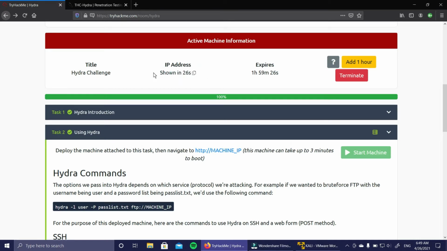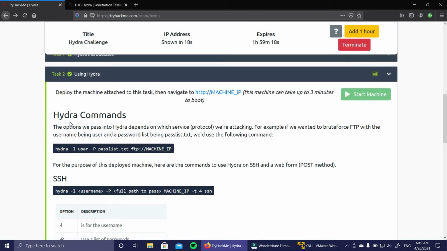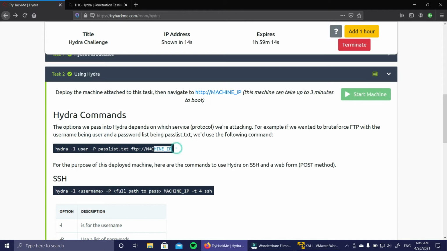The IP will be shown in 27 seconds. We'll wait for some time. Till then we can study a little bit about Hydra commands. Here the options are shown, like how to crack an FTP machine IP. This is hydra -l for username, -p for your password, and the FTP machine IP.